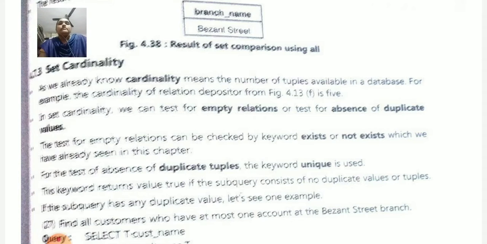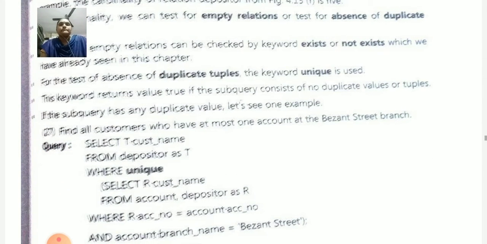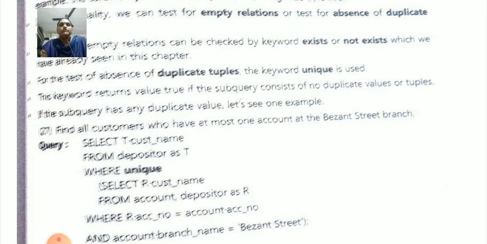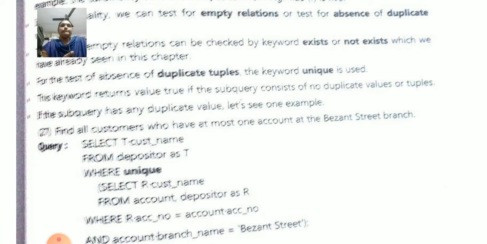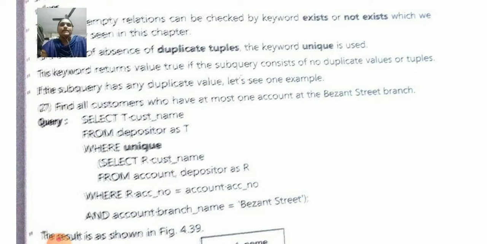Okay, now see here. For the test of absence of duplicate tuples, the keyword unique is used. The keyword returns true if the subquery contains no duplicate tuples.